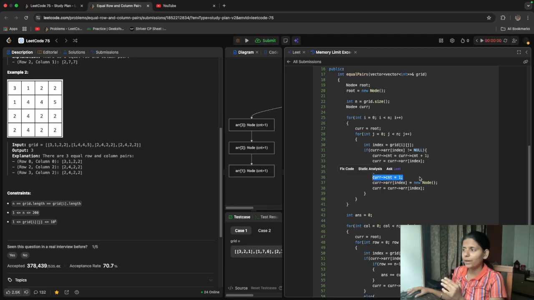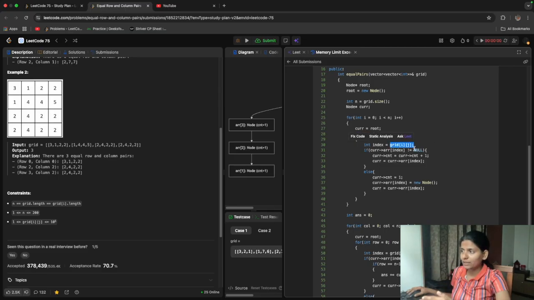Here I did this like this. This wasn't required for every j, but it was required at j equals to n minus 1. So I did it for every j. Current count equals to 1. Then current array at the index equals to new node, that is, if I don't have that node before, then go to that node at that index. The index is basically that grid adj, that cell value.